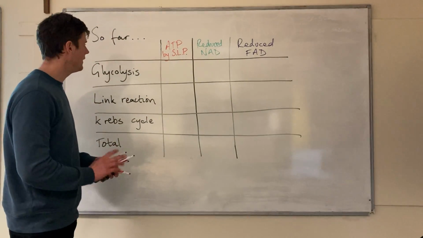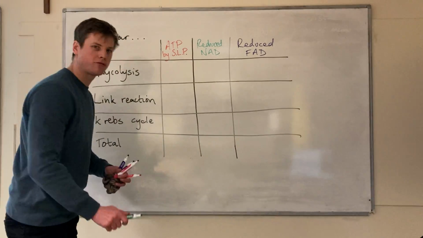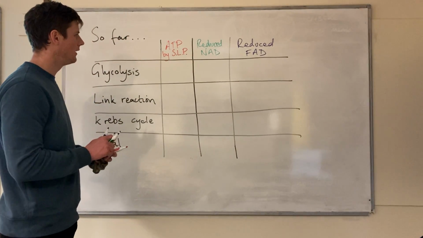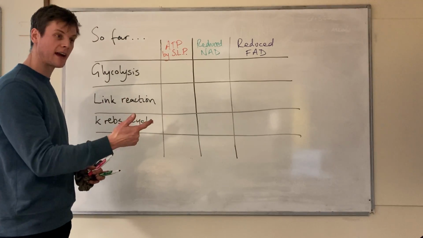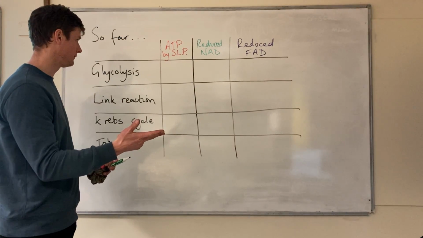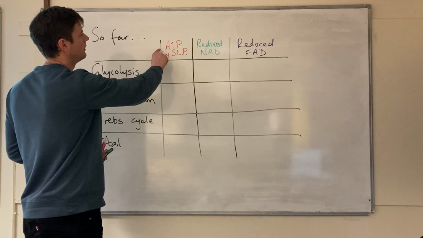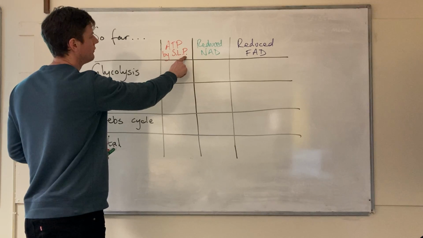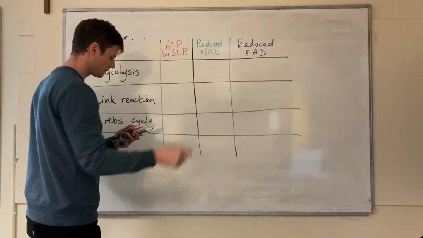Hello again. So this is going to be a really short video just to summarise the products that we've accumulated so far during glycolysis, the link reaction and the Krebs cycle. So in this first column I have ATP produced by substrate level phosphorylation. Now during glycolysis,